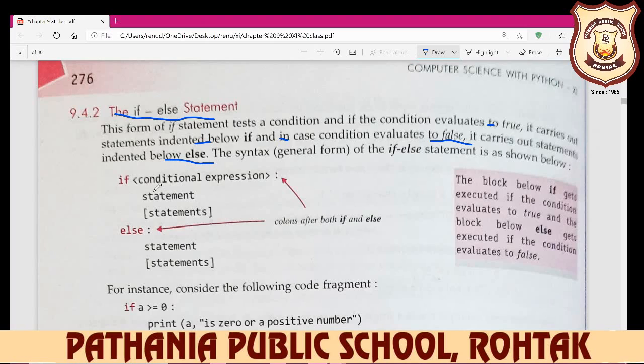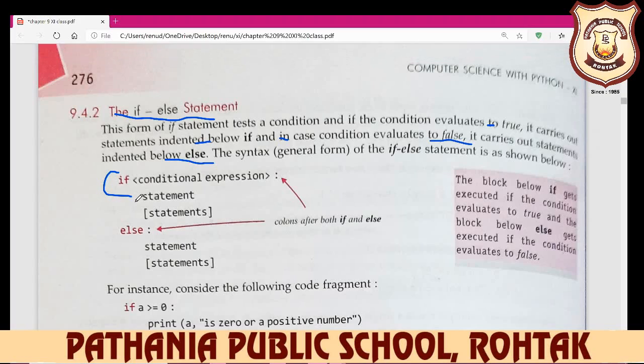If my condition is true, then the answer after the if statement will be displayed. But if my condition is false, then the statement of the else statement will be displayed. So if my answer is true, then display the statement after the if, and if my answer is false, then display the answer between the else statement.